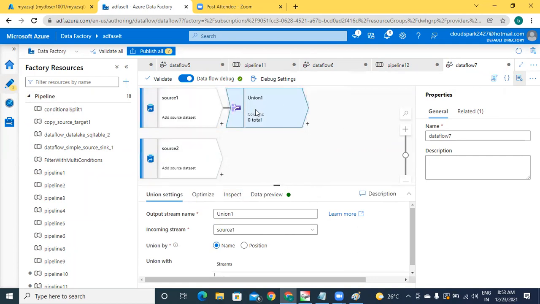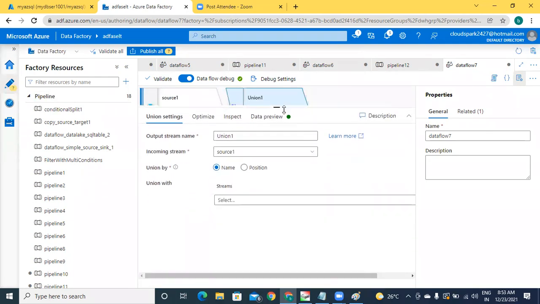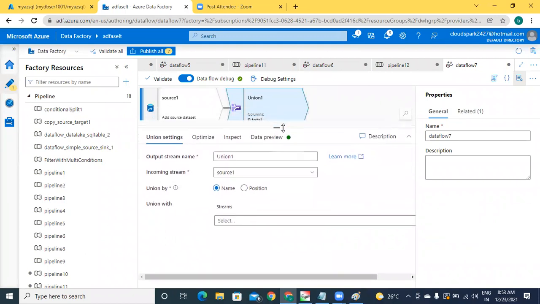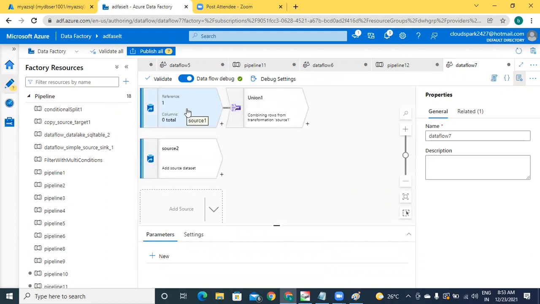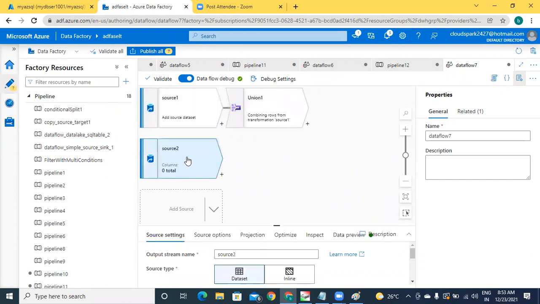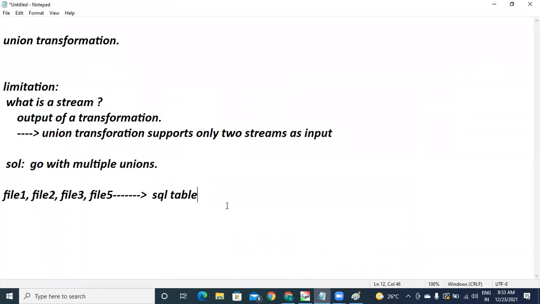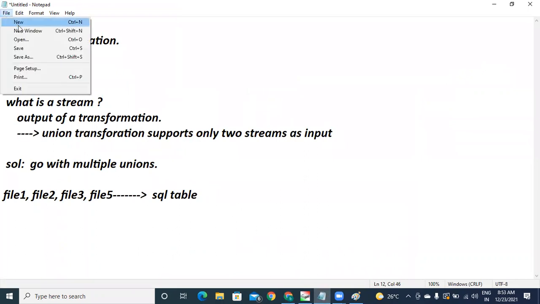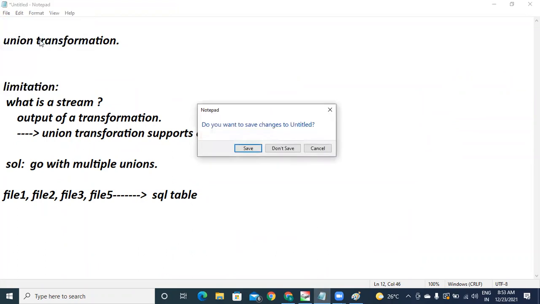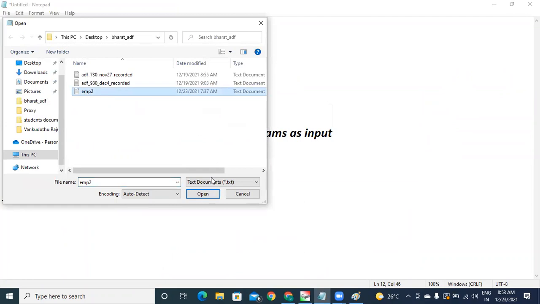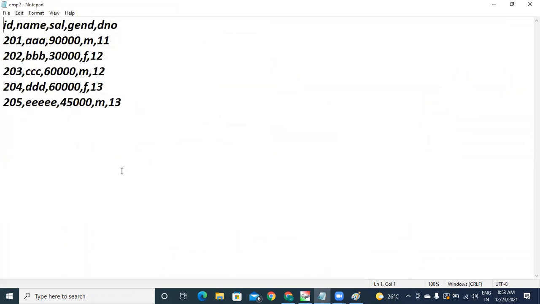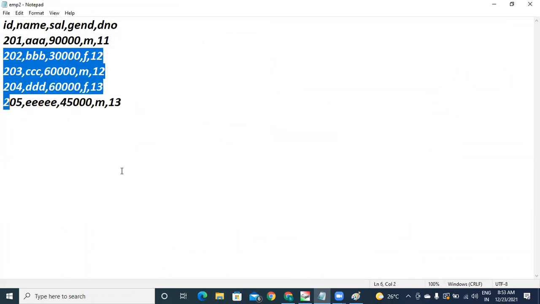The unions need to be configured. Before that, one more small trial. In our files, let's keep some duplicated data. I'm opening that file, which is my second file. I am keeping some of the duplicates.